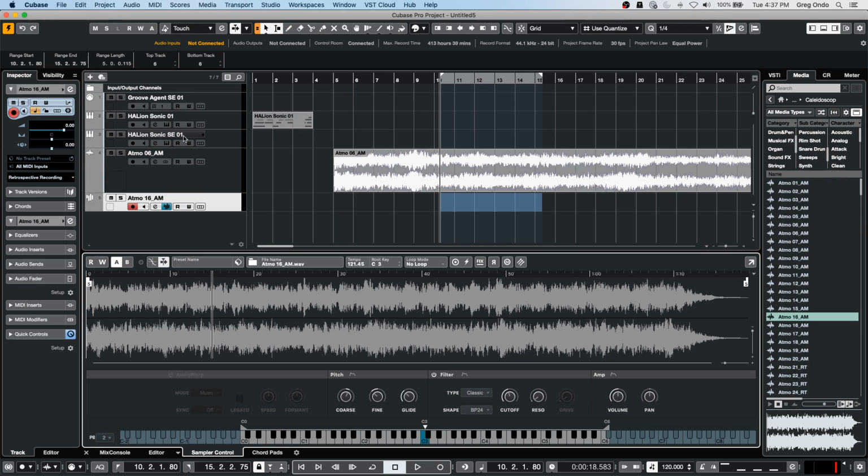Okay, so see, question: hi, how could I route a sample or instrument to a reverb and delay so that the reverb send ducks and doesn't play when the actual sample plays? I.e. snare plays on one channel and reverb and delay on a separate one. So if I had to solo the snare effects, reverb and delay channel, there would be silence at the time the actual snare would play. So let's go ahead and